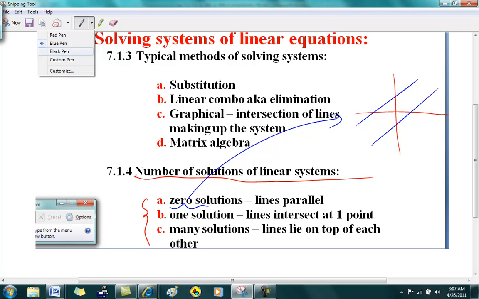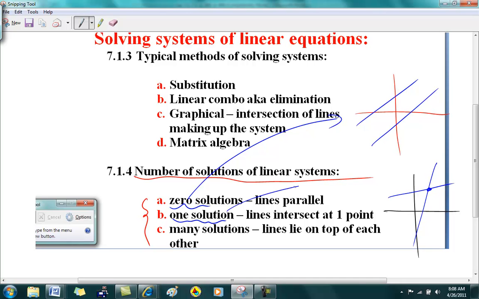Then the other option would be that the lines would intersect, and they would intersect only at one place. For example, here, it intersects just there, and therefore there's only one solution, and that's how graphically you'd see that. You've got a third case,